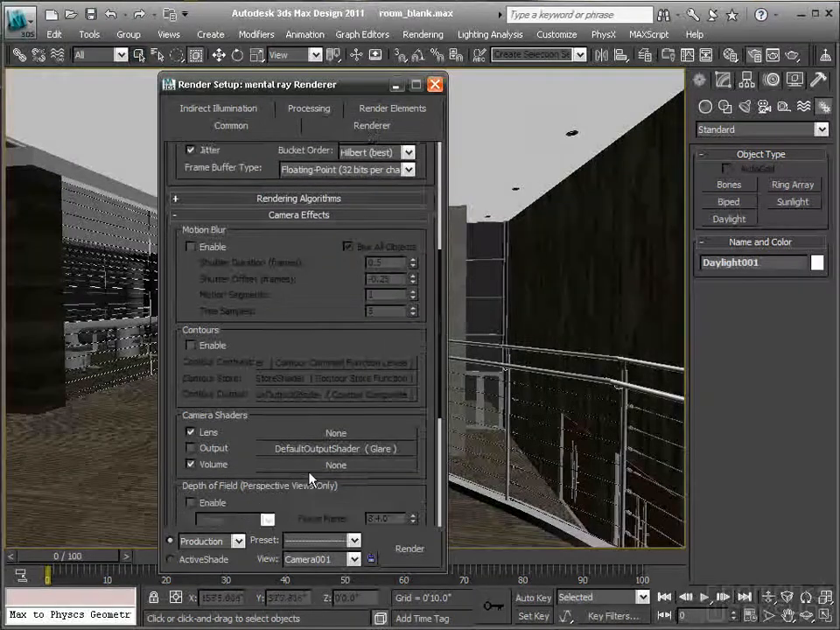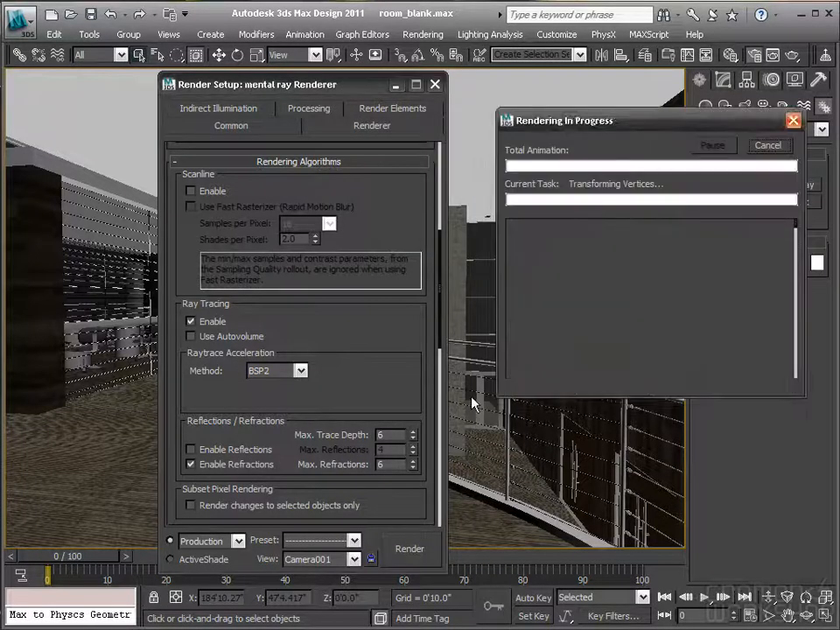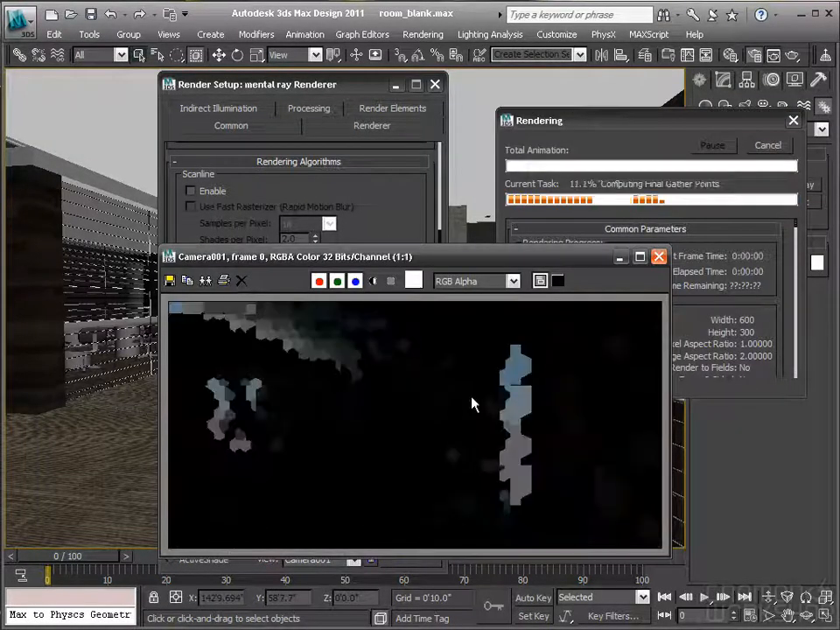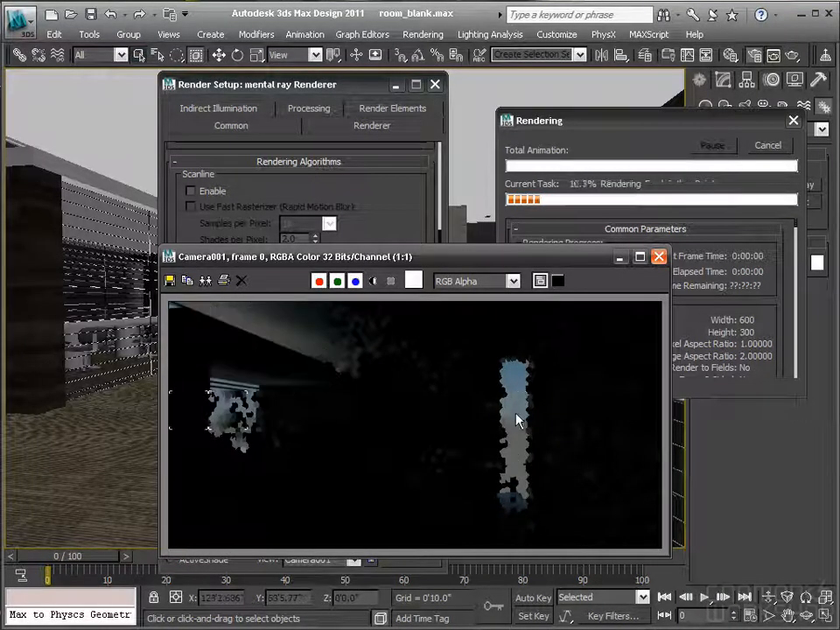So one way to do that is, what am I looking for? Oh, here, under rendering algorithms, you can turn off reflections. If you have a lot of glossy textures, when you're doing testing, this will go much faster when you're rendering. Okay, so now you can see we've got